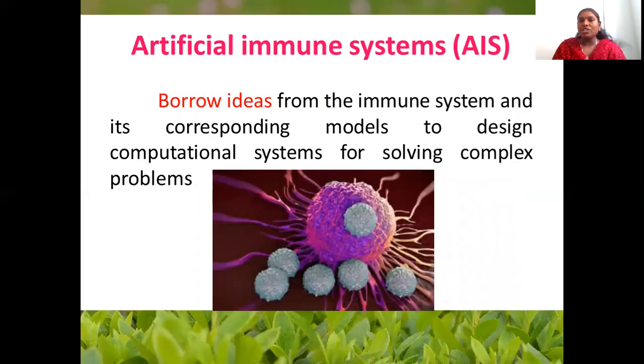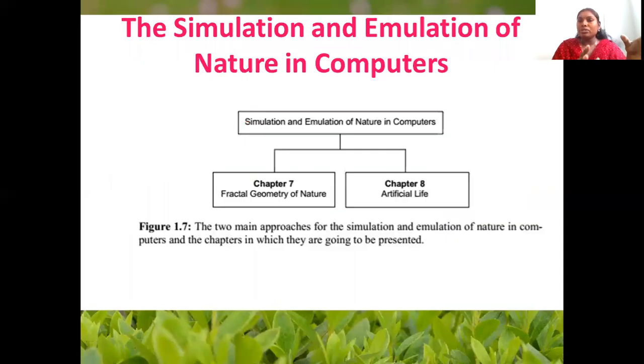And the last one is artificial immune system. Artificial immune system is based on the inspiration taken from our immune network. Whenever bacteria or a virus attacks our body, the body tends to react and overcome it. That is called the immune system. Similarly, this inspiration is taken and used for networking structure. Whenever a virus attacks a system, the system tends to detect the attack based on its behavior and reacts to it. So that is artificial immune system. These are all the techniques that we are going to see in computing inspired by nature, the first branch.